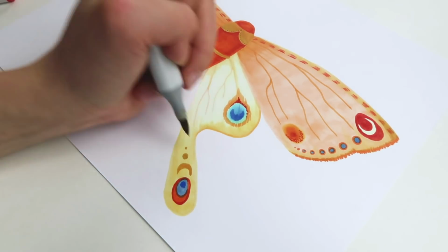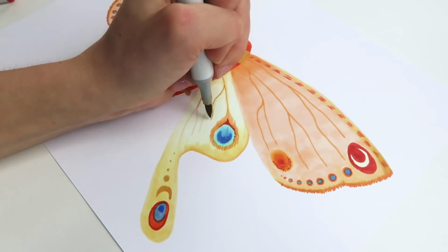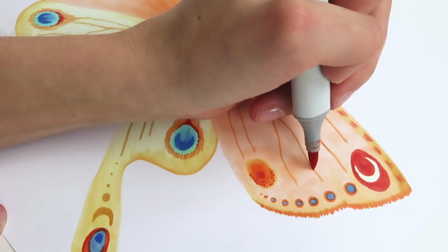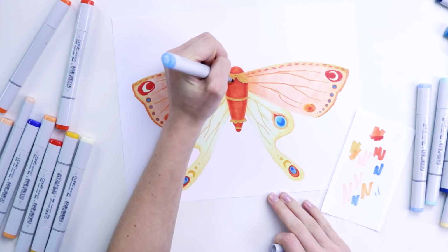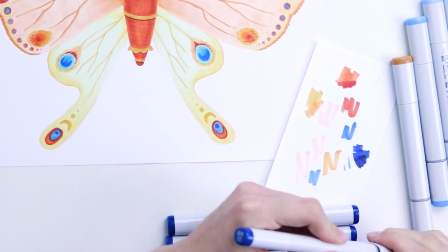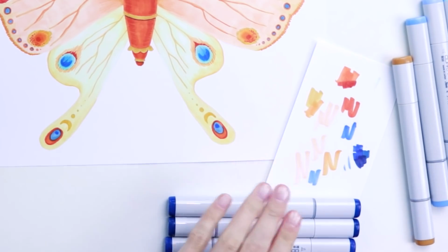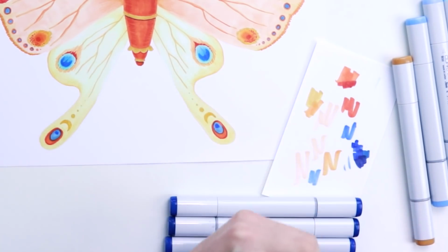I can leave a link to that video below because I had a lot of fun making it, but I was just kind of wondering how I am going to incorporate this in this piece, because I think what I do with the gold is going to strongly influence the background. So that was my logic while I was actually drawing this, and I started swatching different blues and really